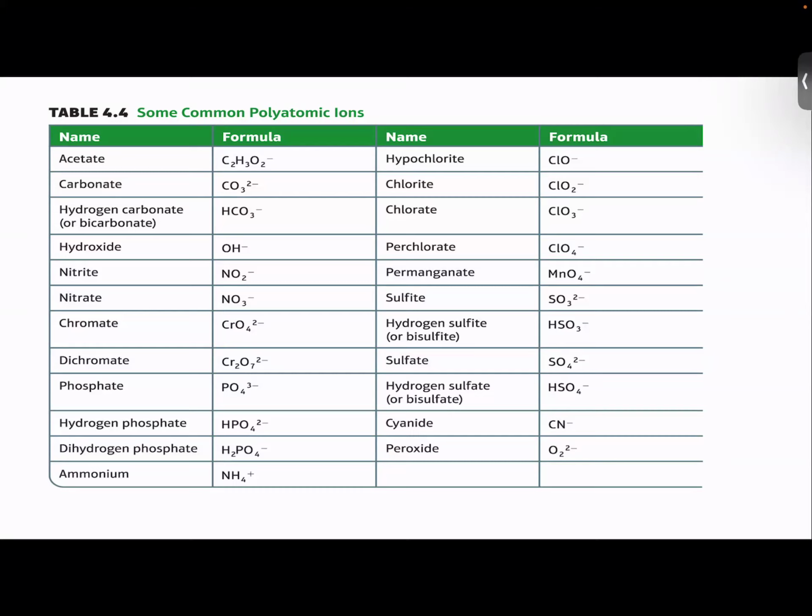Okay, so let's look at this in action. What are you going to have to do? Well, let's name NaCl. Step number 1 when naming is what type of compound is this? Ionic or molecular? It's ionic. It's ionic because it has a metal. Therefore,